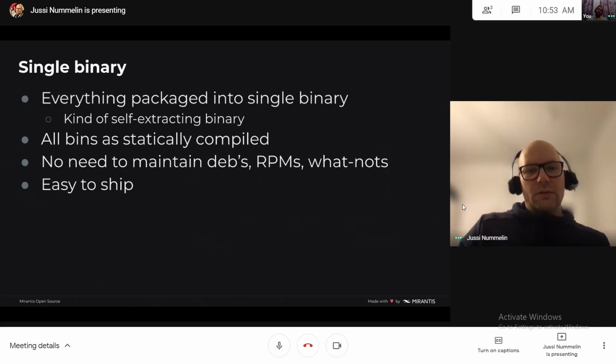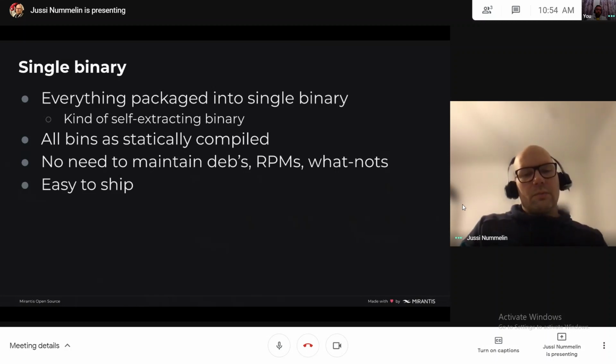So we don't have to maintain all the debs and RPMs and whatnot. If you ever had to work on those sort of Linux distro packaging issues, although it sounds like a simple thing, it's actually quite a lot of work to make everything work with different versions of Debians and RPMs and whatnots.